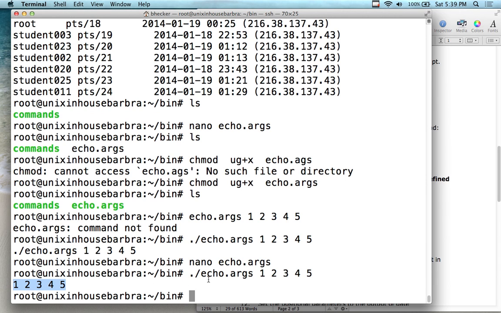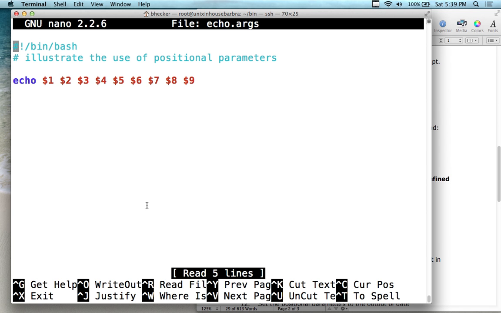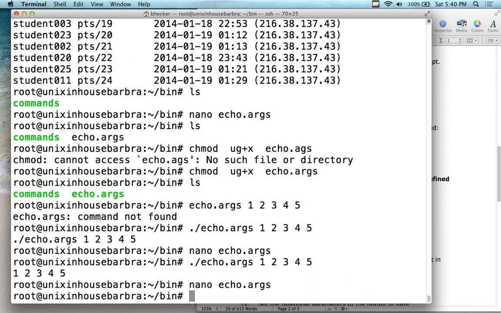So I took out argument 0. So I did, now it says 1. Let's just take out 1. And, oh, actually I don't have to take out 1. You're going to understand, right? If I put argument 0 back, argument 0 is the name of the file that I'm running. 1 is the first argument, 2 is the second argument, 3 is the third argument, all the way up to 9 arguments. So if I only put 5 of them in, I got 5 of them out, so I can go 1, 2, 3, 4, 5,